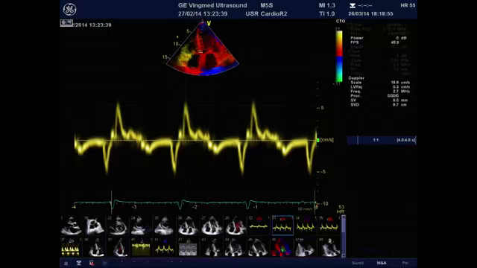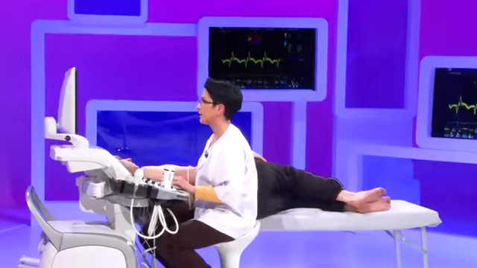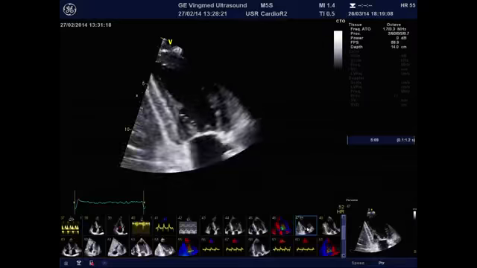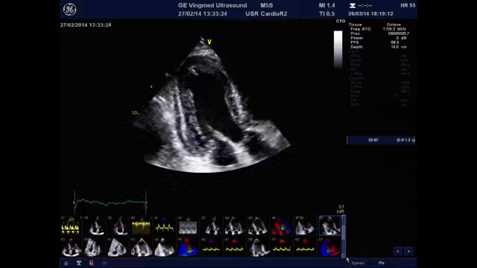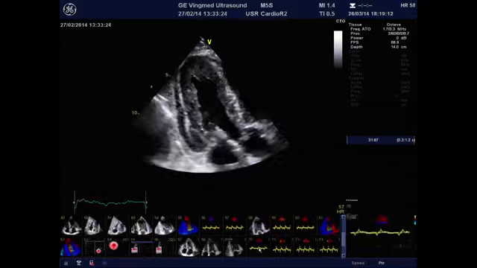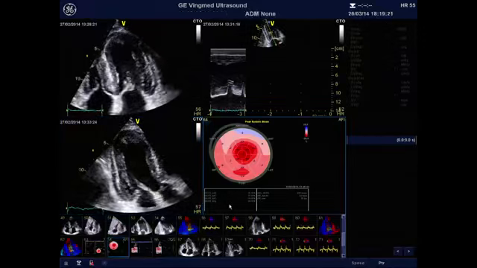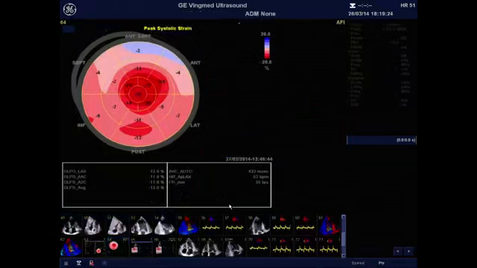Moreover, if we use all his apical views, looking at his 4-chamber view, 2-chamber view, and 3-chamber view, we can derive, using automated function imaging, the bull's eye map of his myocardial deformation, which shows us very elegantly that there is a significantly decreased global left ventricular strain of -12% only, but with a very specific map with apical preservation of strain deformation,